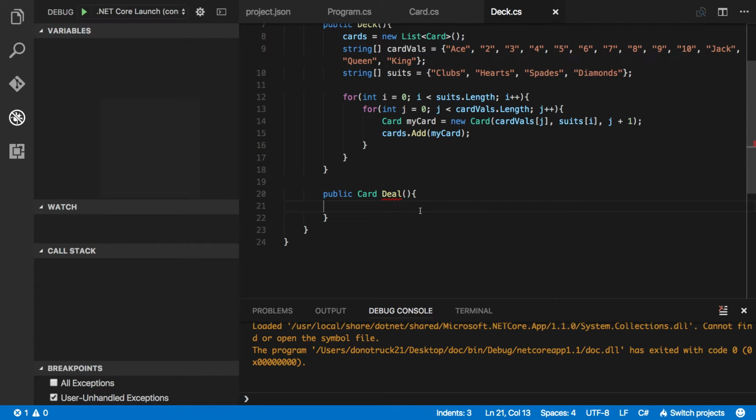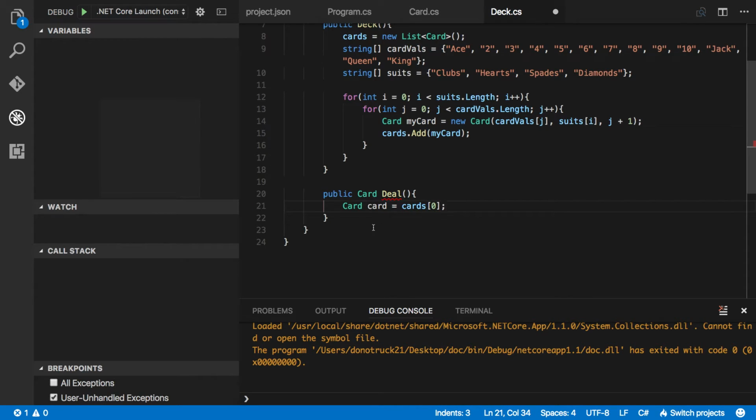I'm going to say card equals, what am I going to do here? Cards of 0,